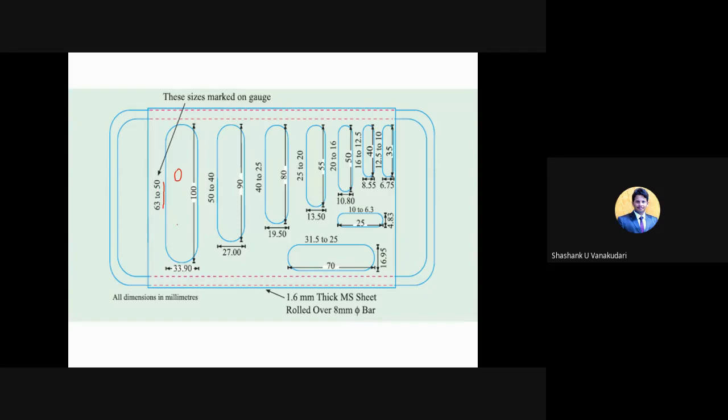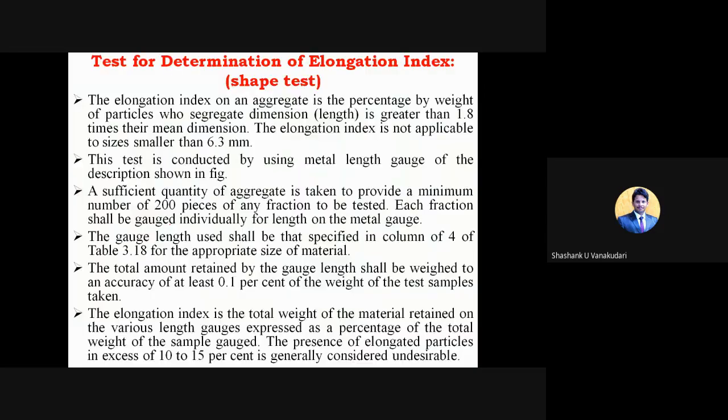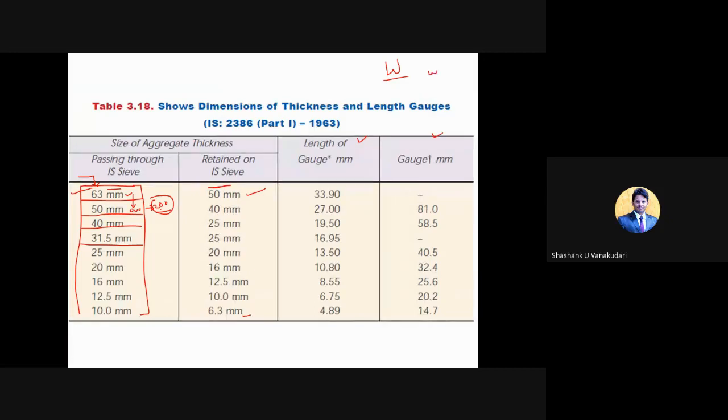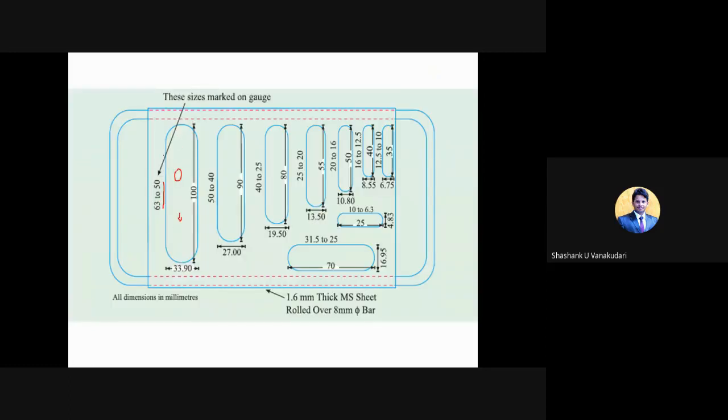So here some aggregates will get passed and some aggregates will get retained. Out of 200 particles, think that around 20 particles will pass and 180 particles will be retained. Clear? Those 20 particles' weight again you need to consider as small w. Clear? So capital W's weight you have noted down here, that is the total 200 particles weight. Clear? And then small w is, these 200 particles you are going to pass in this hole, and some aggregate